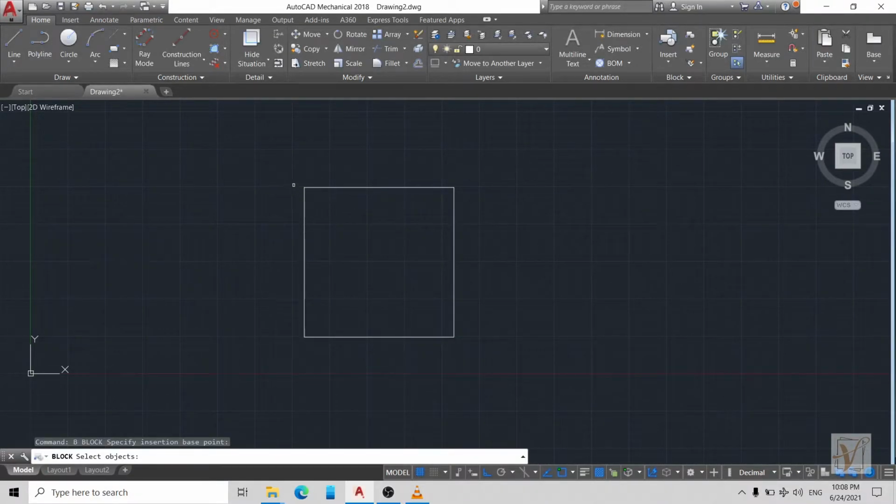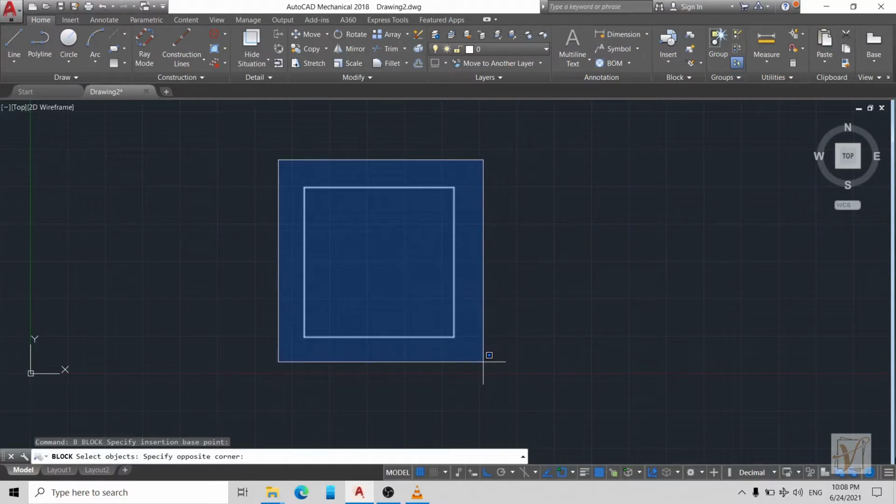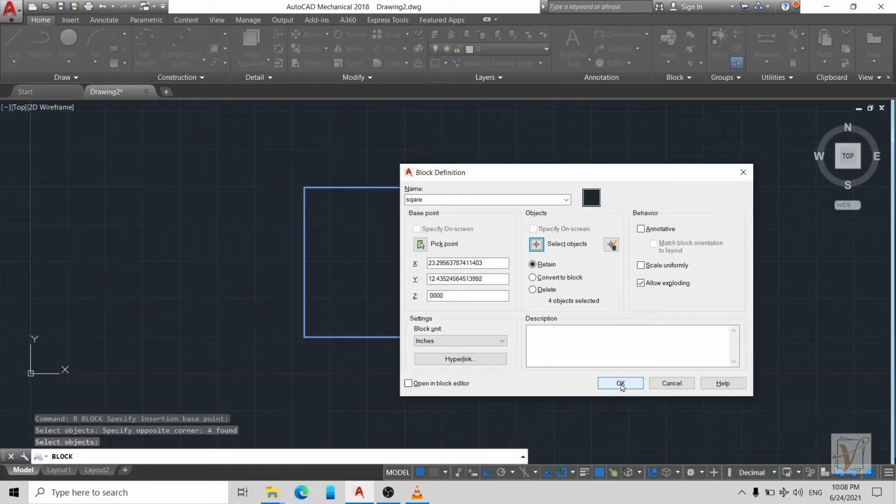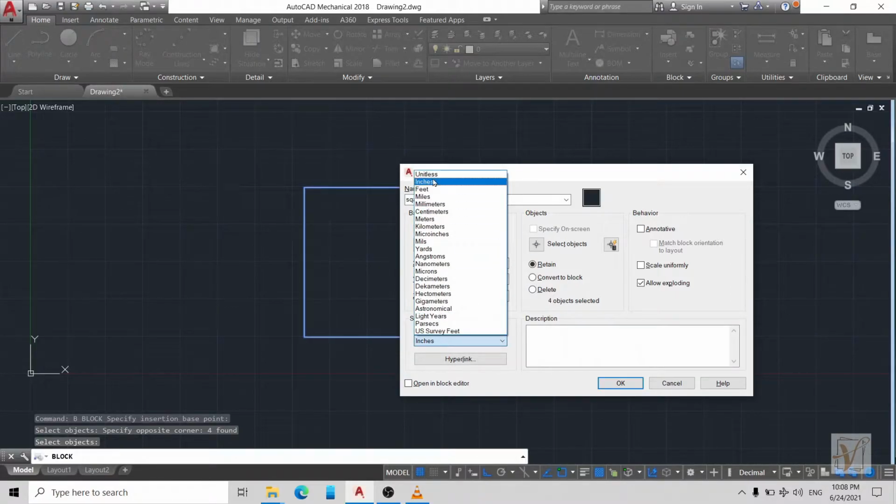Click the select objects button in the object group and once again the dialog box will be temporarily closed. Now select the entire square using selection window and press enter or right click to confirm your selection. Okay friends, now select inches from the block unit drop down list.